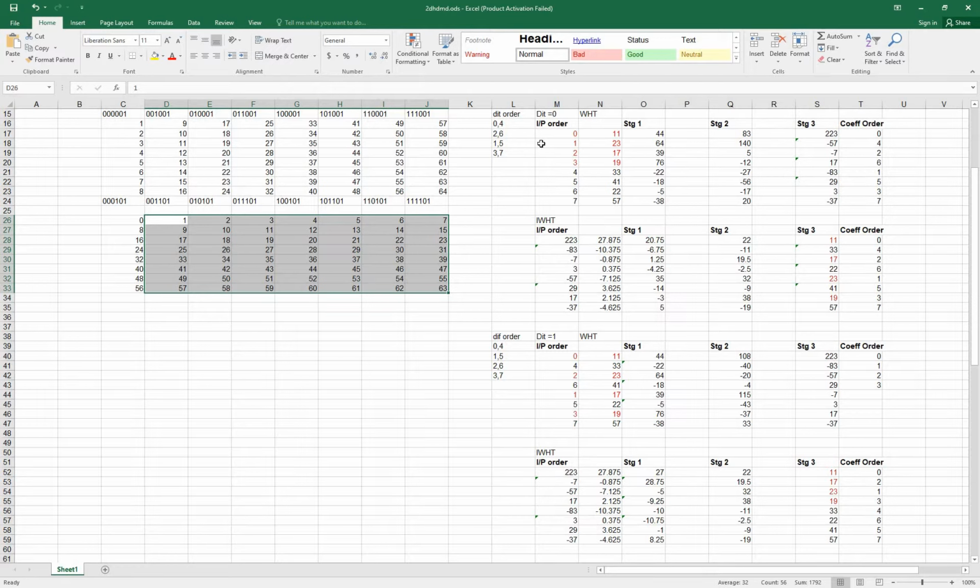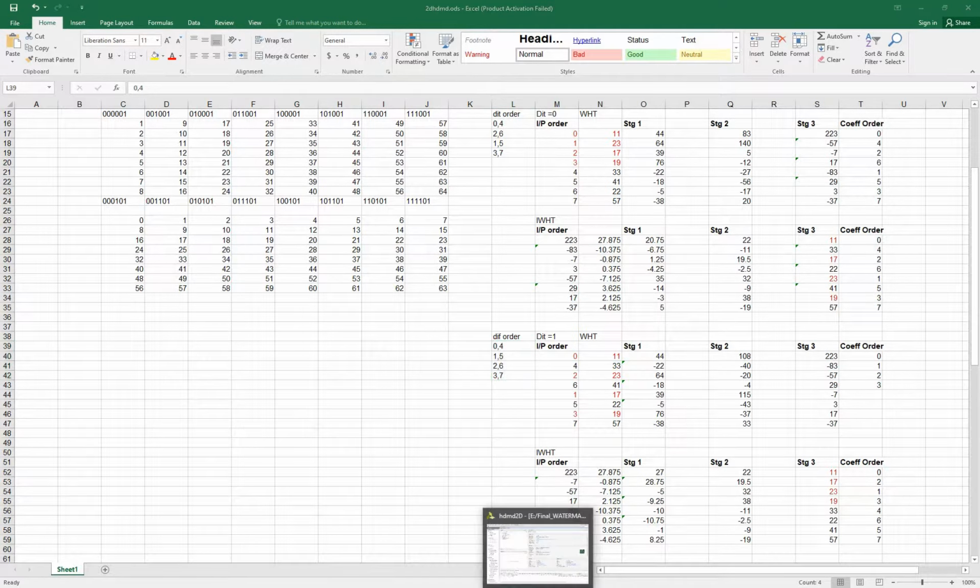Here, if we want to do the Hadamard transform, we need to read the inputs in the order 0, 4, 2, 6, 1, 5 and 3, 7. If it is the Walsh Hadamard transform, we have to read the inputs as 0, 4, 1, 5, 2, 6, 3, 7. If we read in the first order, we'll have a Hadamard transform. If we read in the second order, we'll have a Walsh Hadamard transform.